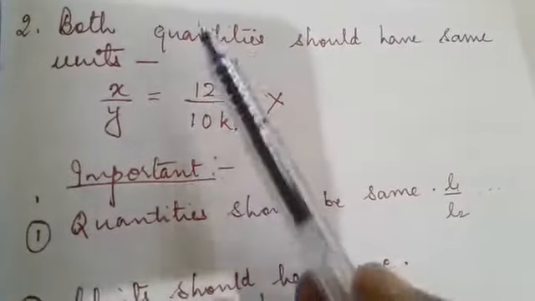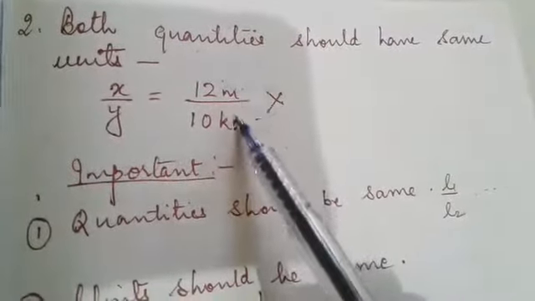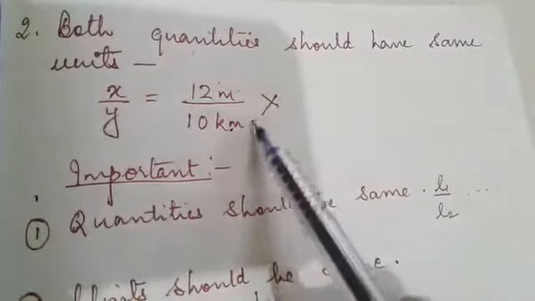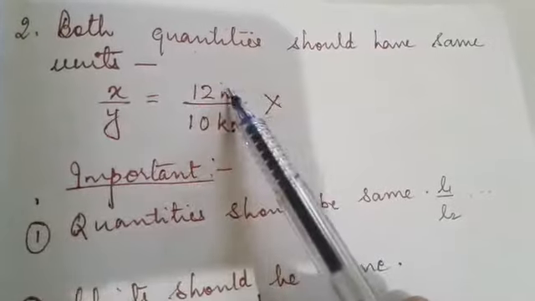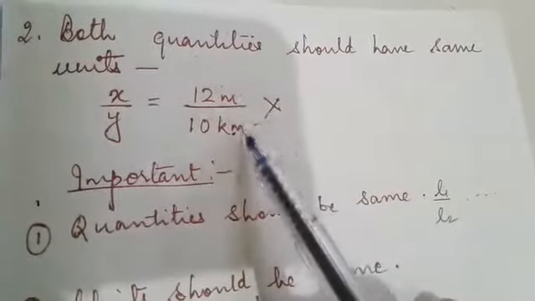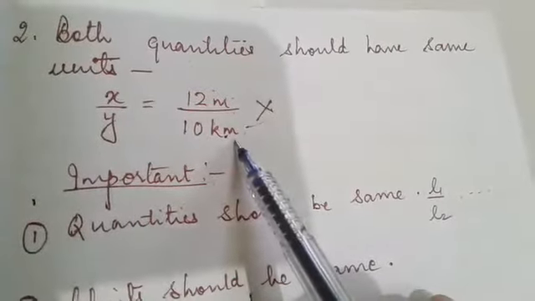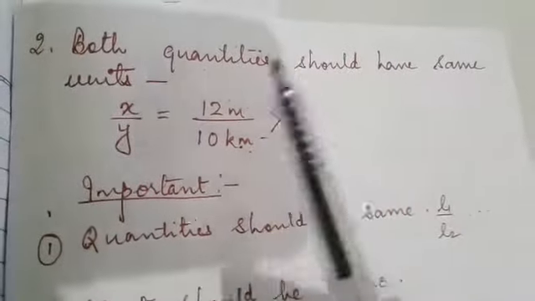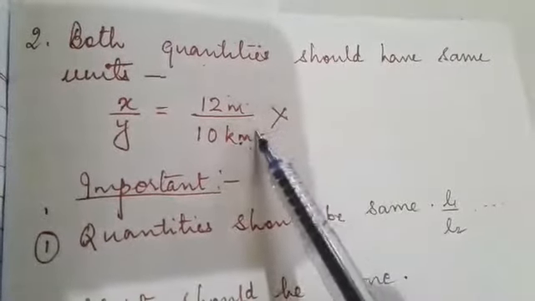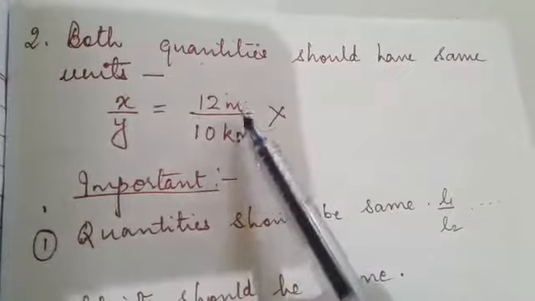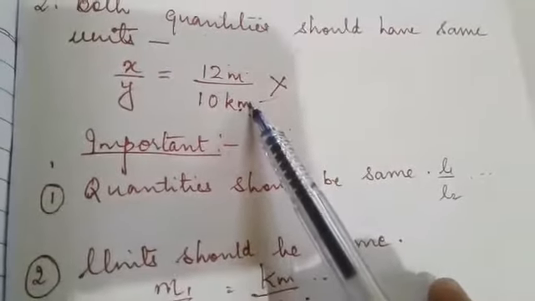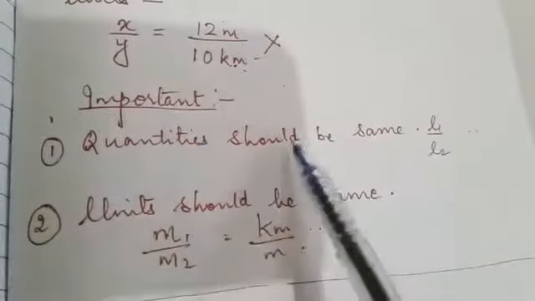So what you have to do when you are comparing these different quantities is make it one unit. Meter should be converted into kilometer or kilometer should be converted into meter. When you are comparing two quantities, they should be of the same unit. Meter, meter, okay. Kilometer, kilometer, alright. Centimeter, centimeter, alright. Centimeter, meter, wrong. Meter, kilometer, wrong. So units should be similar. If they are not similar, make them similar. You know conversion, we have studied it.